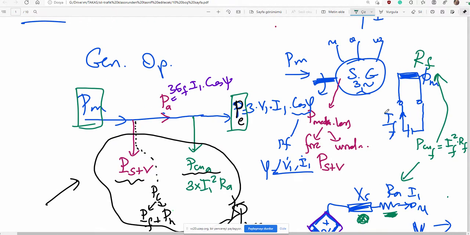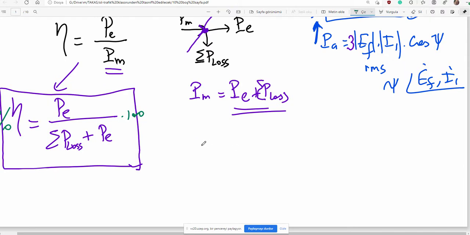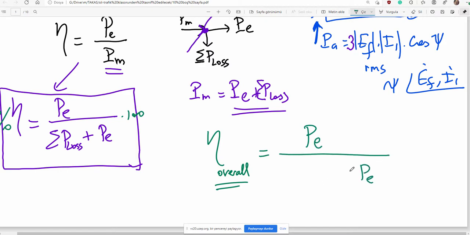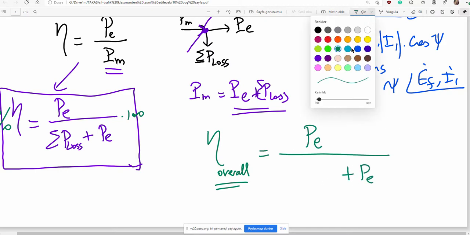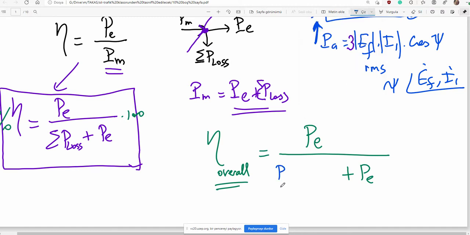In case this element is given, and in case overall efficiency is asked, it can be summarized like this: electrical output over electrical output plus total losses. What are they? P mechanical, friction plus ventilation, mechanical losses, plus